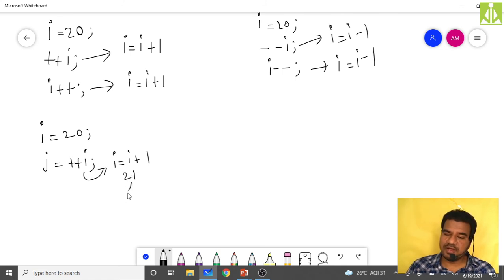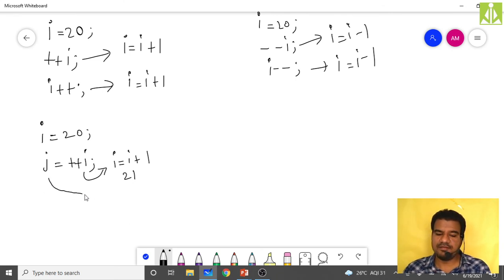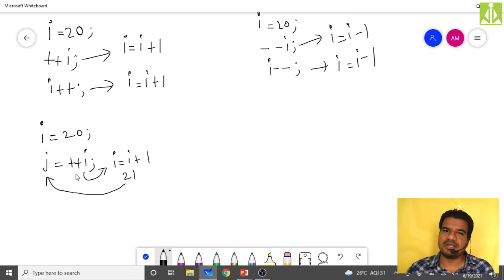This 21 will be assigned to j. So this is pre-increment. Pre means first you increment the value, then you assign the value. First the value of I gets incremented and becomes 21, and that 21 will be assigned to j. This is how the pre-increment operator works.